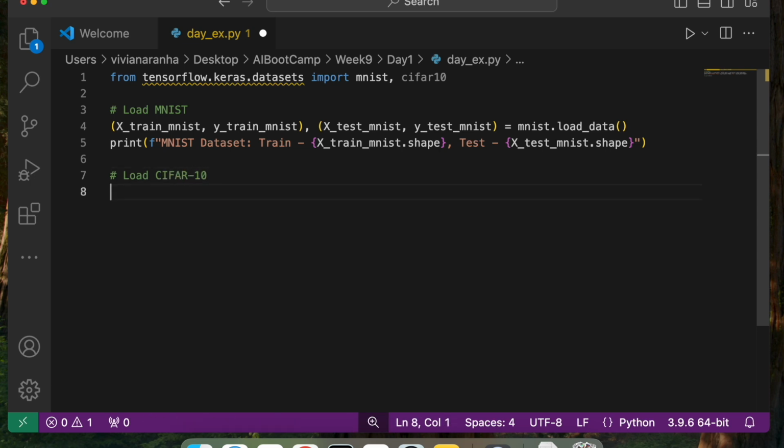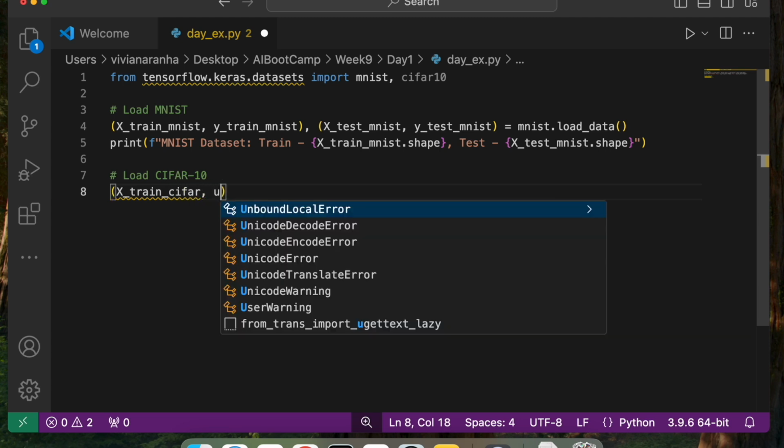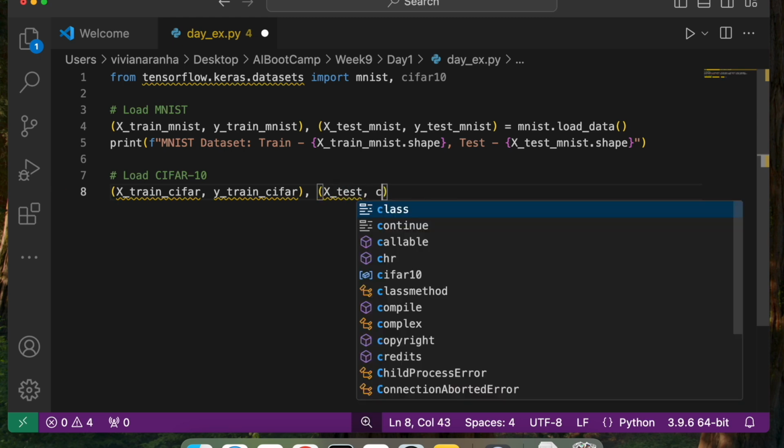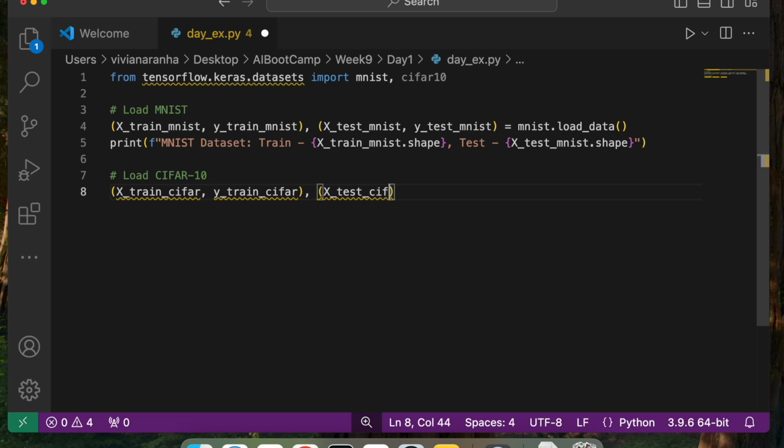Now similarly for loading CIFAR-10, I'm going to say x_train_cifar, y_train_cifar, x_test_cifar and y_test_cifar. Now again from my CIFAR library, I can just say load_data.